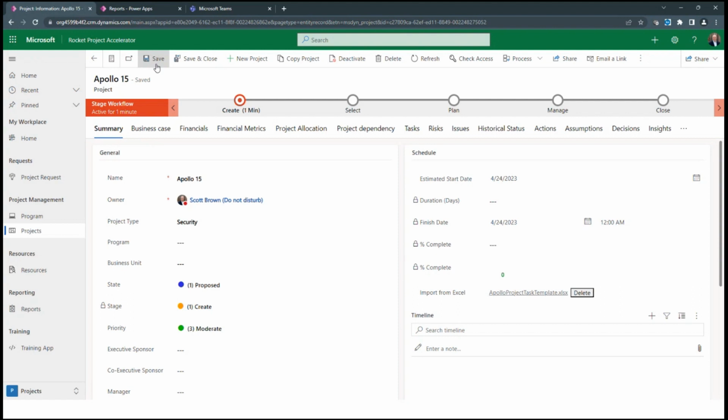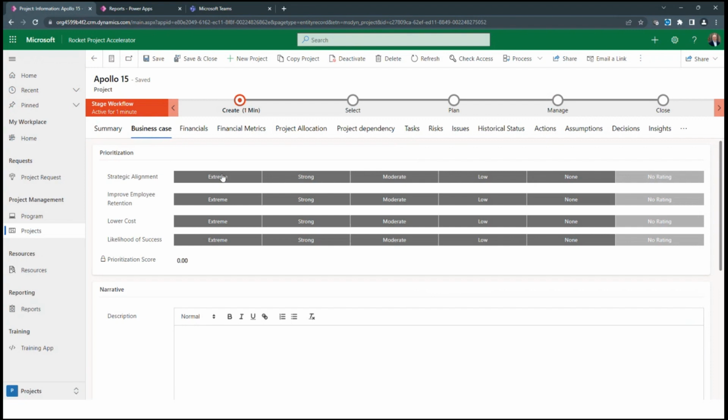Some things to look at while we're here. We talked about the export of project into Excel. We talked about how we have the project. You can build out a business case here. So we talked about doing the right projects. So Apollo 15. This has extreme alignment to our vision. We've got, hey, this should improve employee retention. At least I hope it will. And